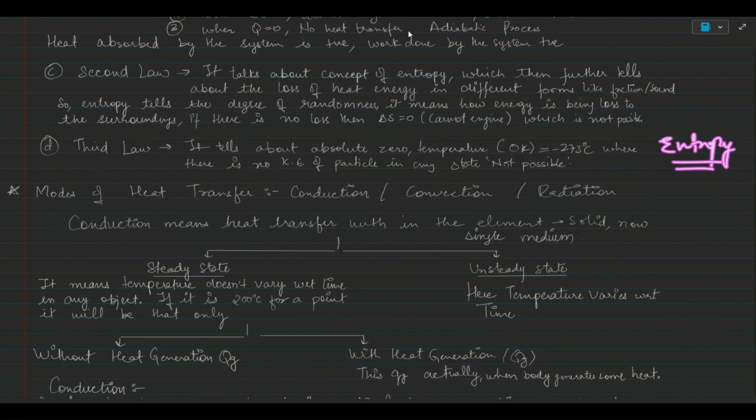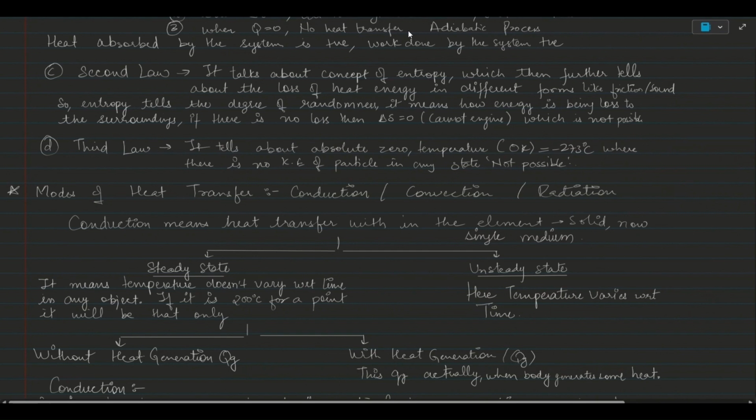Which means if this partial loss equals 0, this entropy, which is denoted by delta S, equals 0. And this is what the Carnot principle or Carnot engine was. They say, okay, whatever heat Q you provide is going to be converted into W. That's it. There will be no loss. In a real case, that's not at all possible. So that's why we always have delta S greater than 0 for a realistic case.